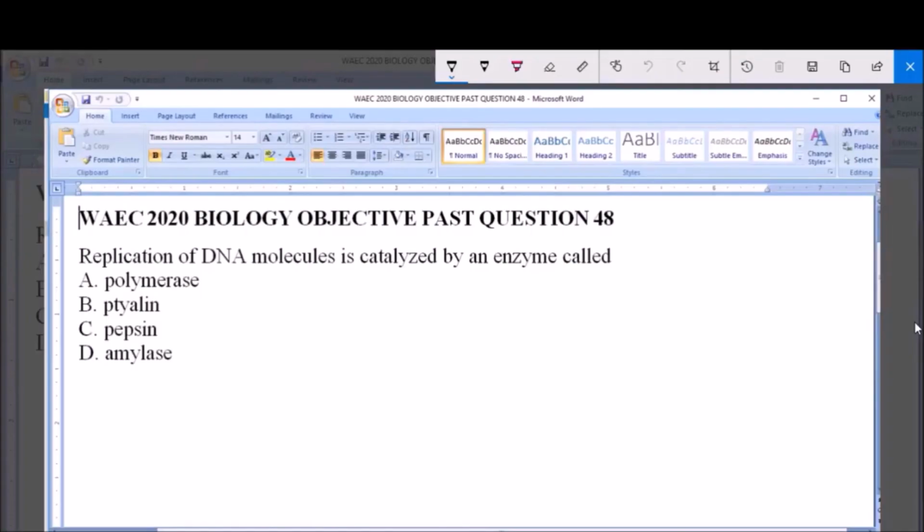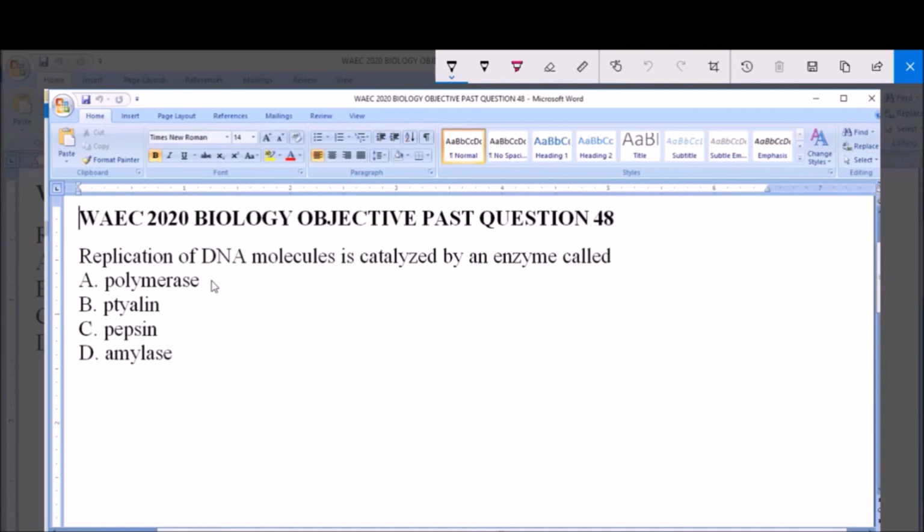Hello and welcome. I will be answering WAEC 2020 Biology Objective Past Question 48. Replication of DNA molecules is catalyzed by an enzyme called A, polymerase, B, ptyalin, C, pepsin, D, amylase. So let's take a look at what each of the options mean. Look at the definitions of each of the options and see which one best suits this description provided in the